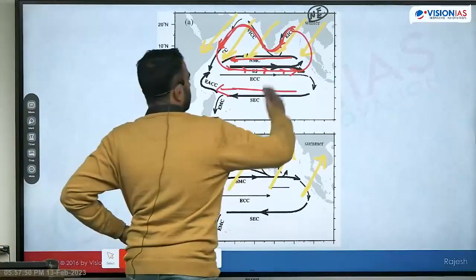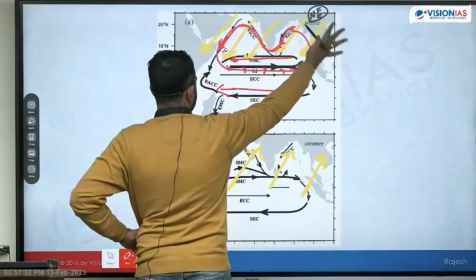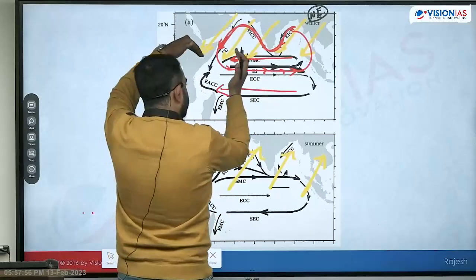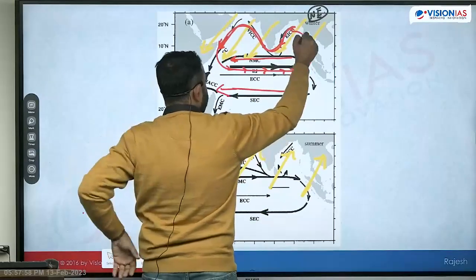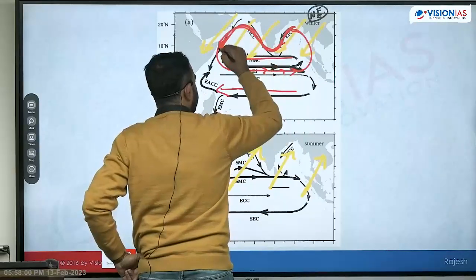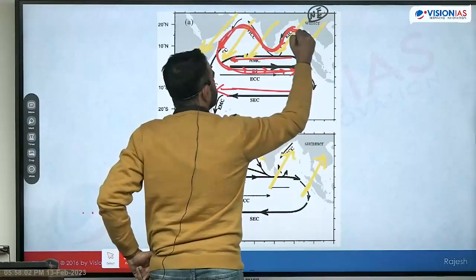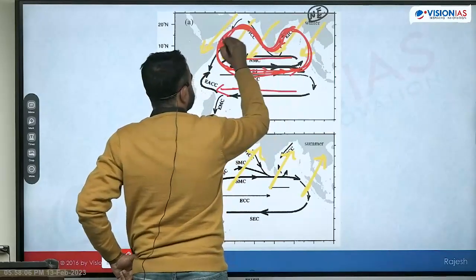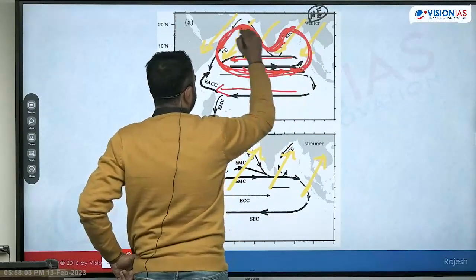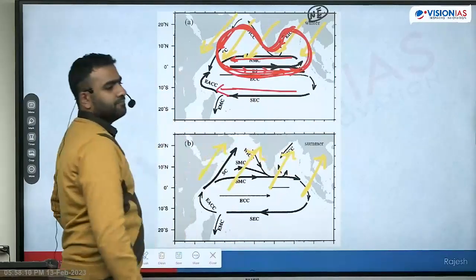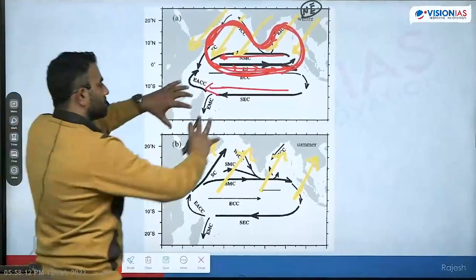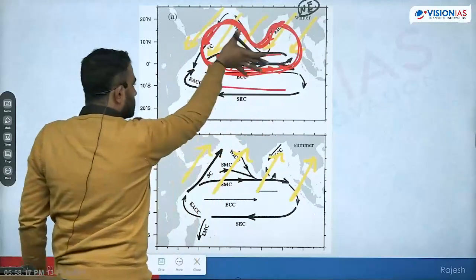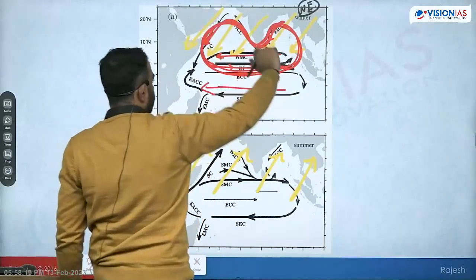ठीक है? The entire water of the Arabian Sea as well as Bay of Bengal starts to move in the direction of northeast winds, causing the entire water to move in counterclockwise direction like this. तो यहां से ऐसे आएगा वापस जाएगा, यहां से ऐसे आएगा वापस जाएगा. Can you see? All the waters of the northern Indian Ocean is moving in a counterclockwise direction like this. So this counterclockwise moving current of water is called as